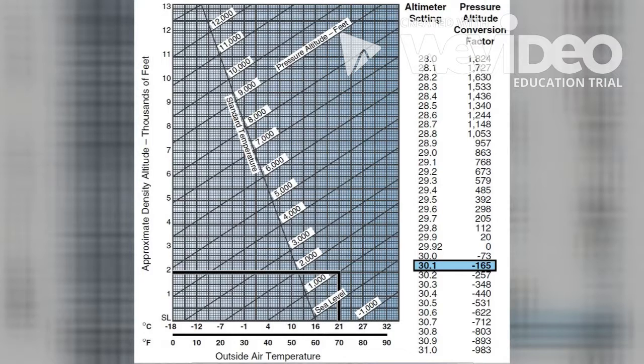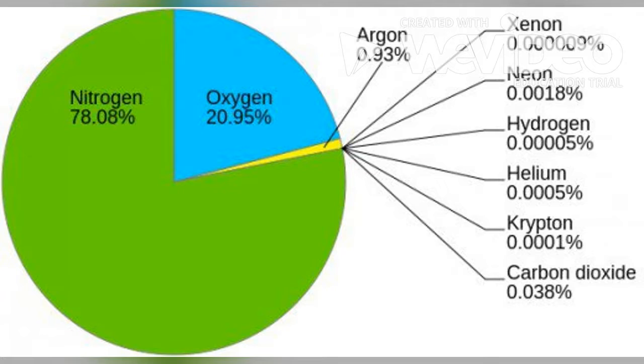When it comes to the specific elements in our atmosphere, 78% is nitrogen while 21% is oxygen. Only 0.93% is argon while 0.038% is carbon dioxide. Both carbon dioxide and argon combined make up less than 1% of the atmosphere. The remaining amount is made up of water vapor and other gases in random, small amounts.